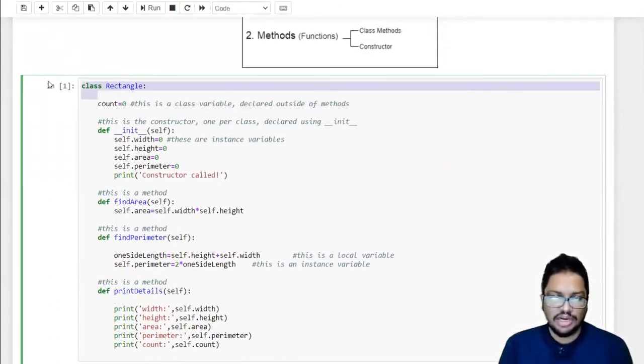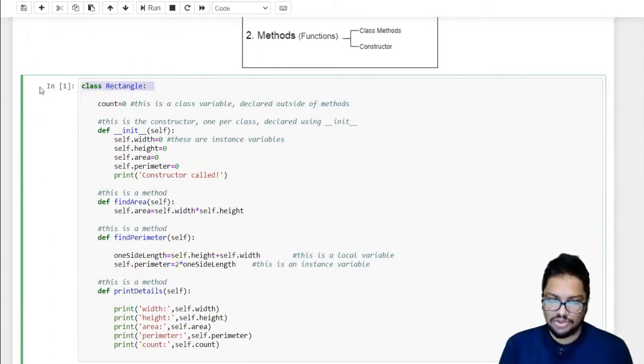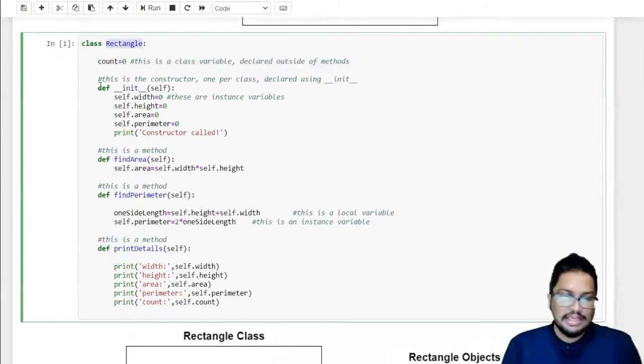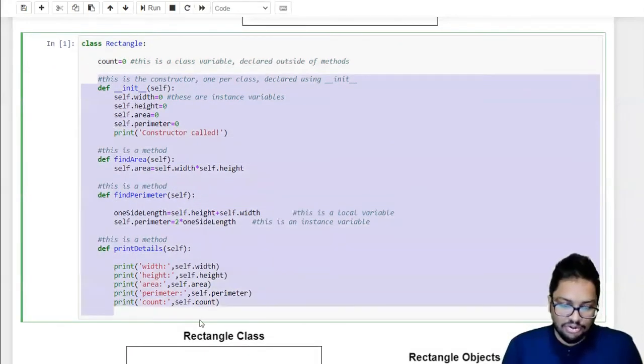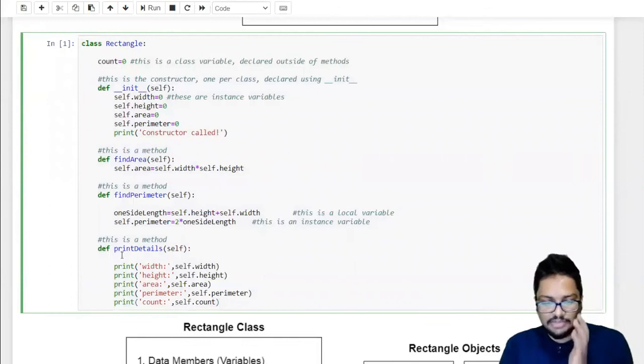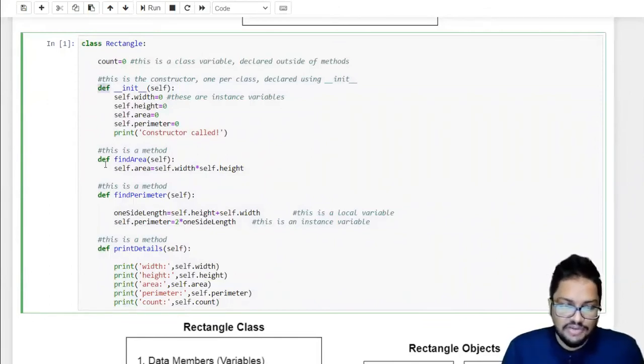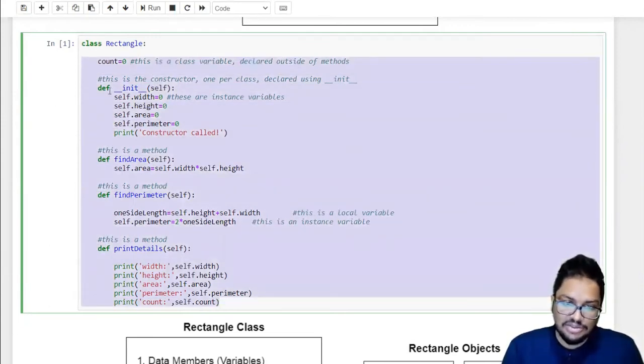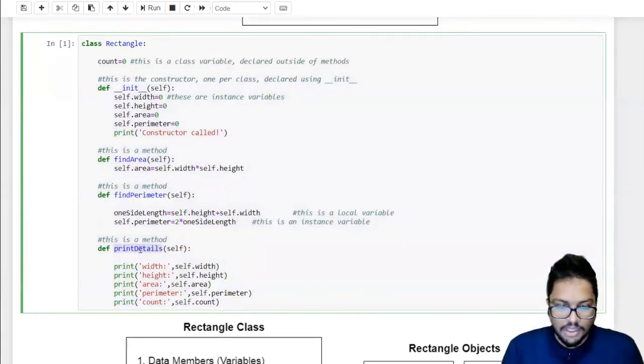So this is how we create a class in the Python programming language. You have to start with the class keyword and the class name. My class that I'm going to implement here is a rectangle. From the Python basic tutorial, we start with the def keyword to implement functions. These are functions, but since they are inside a class, they are called methods. And we have several methods.